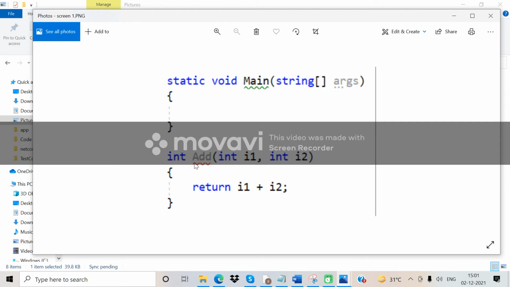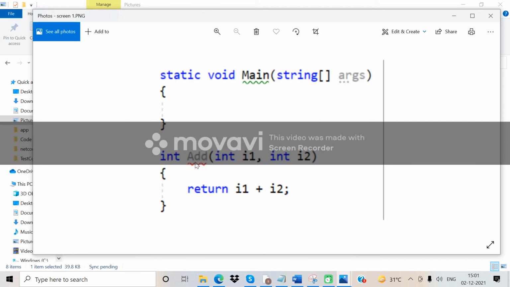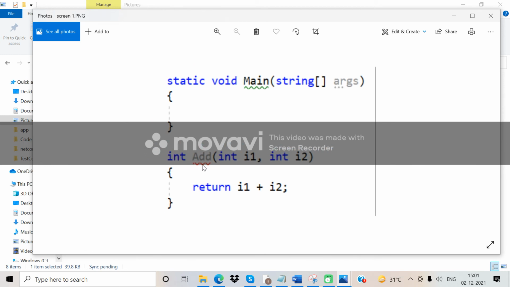We need to fix it immediately. If you build the application, with the red symbol on int add, we get the error. Whenever you write code and the green symbol is there, we do not get an error, but we get a warning message, information kind of things.